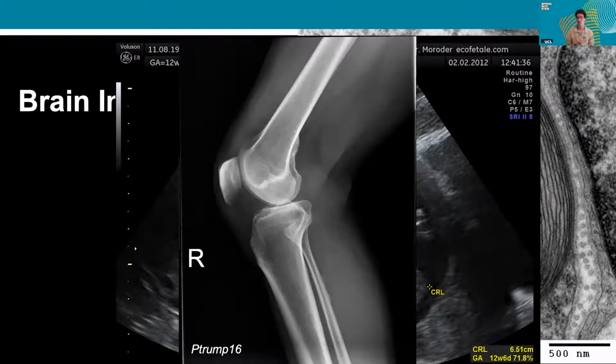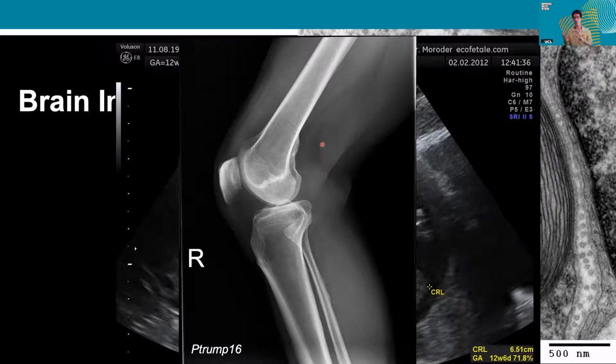There is an imaging methodology, however, that can look through bone, and that's X-ray. And here you see an X-ray image of a knee. X-ray radiation goes straight through bone or is stopped only slightly by bone, and that gives a very good contrast in the bone. So we can see there's bone and then there's tissue around it.